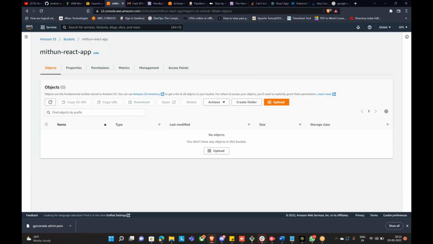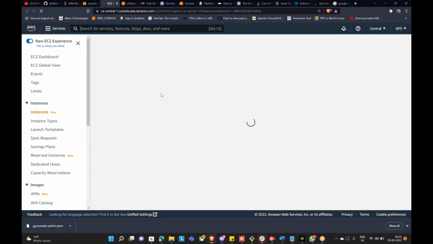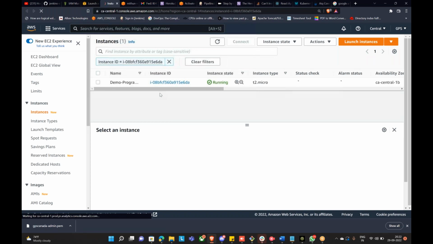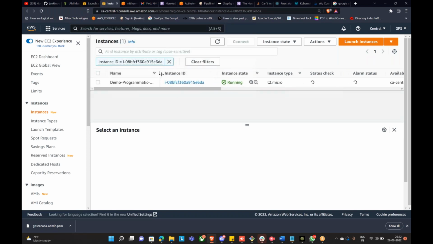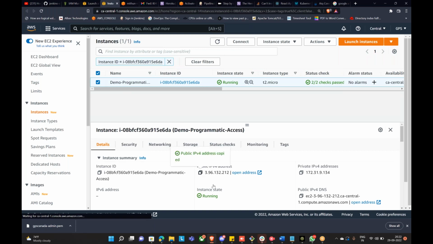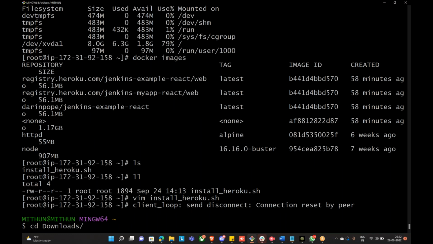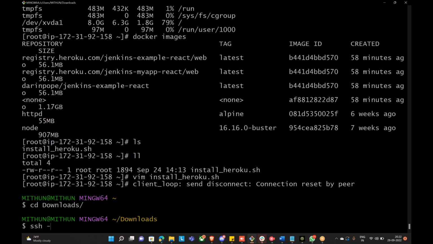Now let us log into the server. Okay, so let's click on this. Okay, so my server is ready, and click on the public IP. So go to the downloads and ssh -i GPS